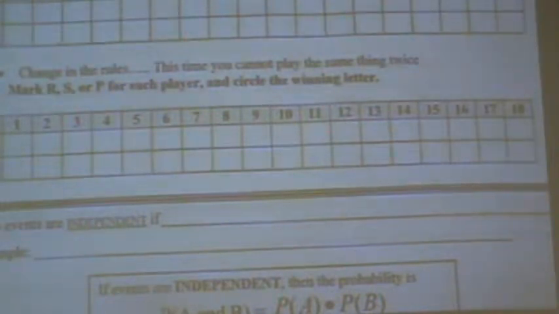Okay, so we just completed a couple of different games of rock, paper, scissors. Now, the major difference between the two was the first game, you could play whatever you wanted, in whatever order you wanted. It didn't matter. Now, the second one, you had to think about what you were going to play for the next turn because you couldn't play the same thing twice in a row. So the second game was a little bit more challenging because you had to actually think about what you had